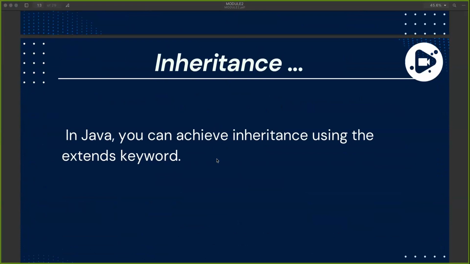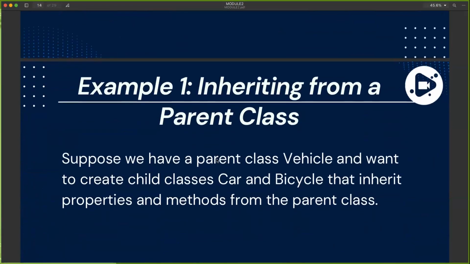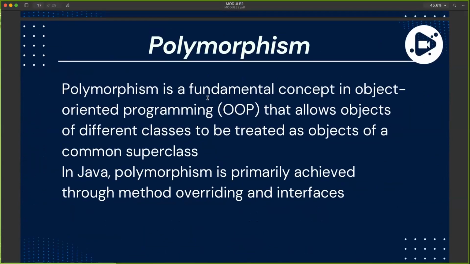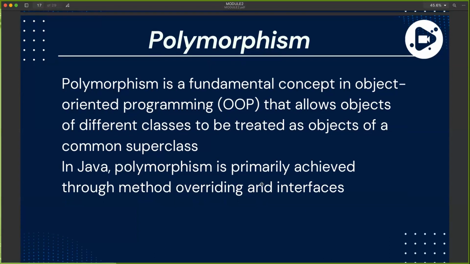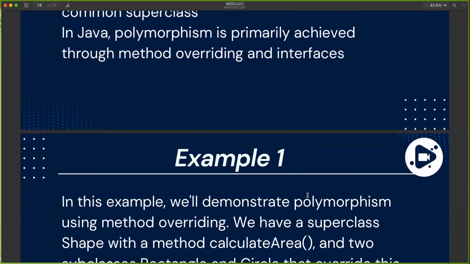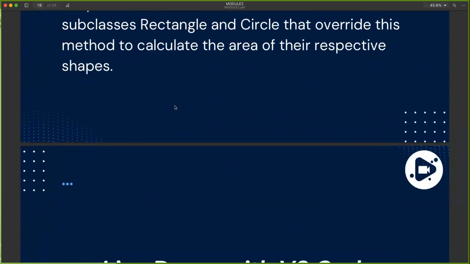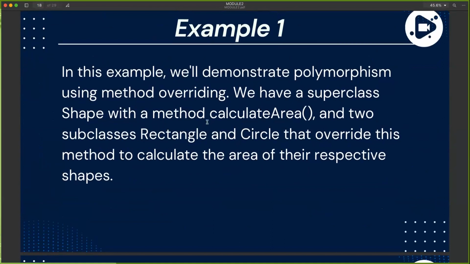Okay. Now, there's another thing that I also wanted you to understand: we're able to look at polymorphism, which is basically the concept in object-oriented programming that allows you to define different classes to be treated as objects of the common superclass. In Java, we said it's achieved by what we call method overriding and interfaces. We were able to look at that example in real life. Then we also looked at demonstrating how we can calculate area